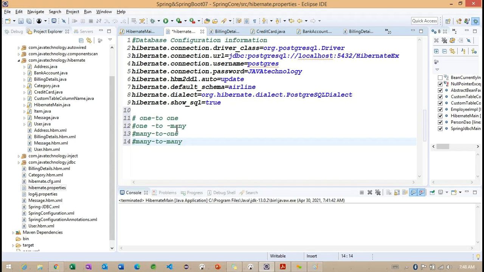Many to many. So these are the four associations we are having here. So we'll try to focus on them one by one here, getting the point. So first we are going to check with one to many and many to one. Later we are going to work with many to many and one to one.